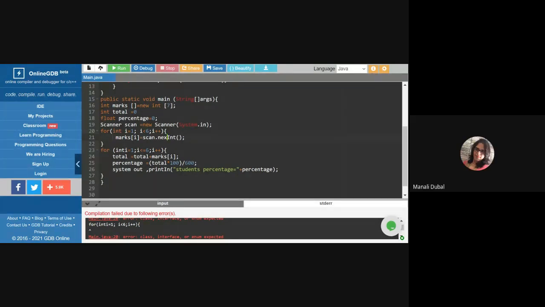Next, you are missing a T over there. Line number 21: scan dot nextInt. You are missing a T in between.